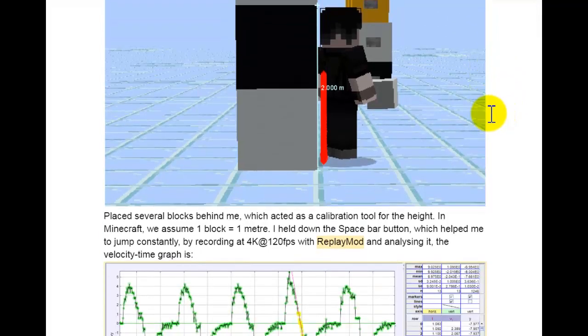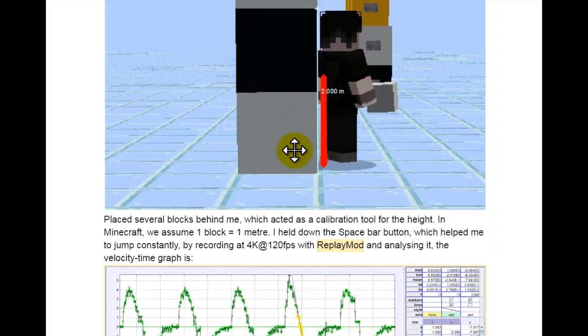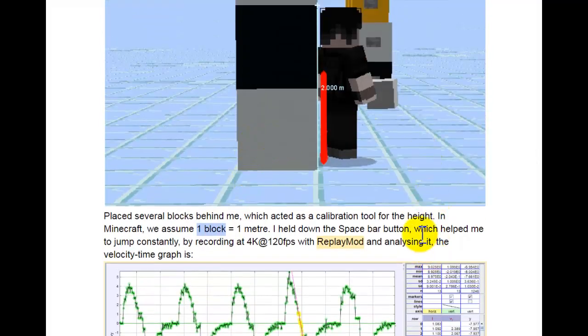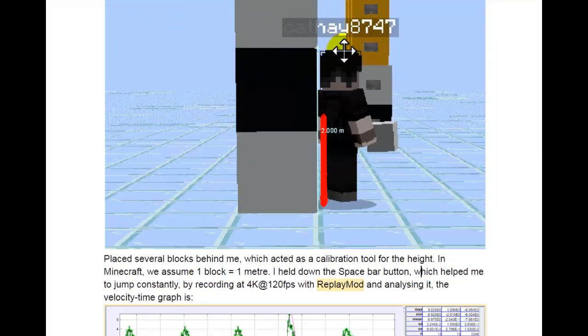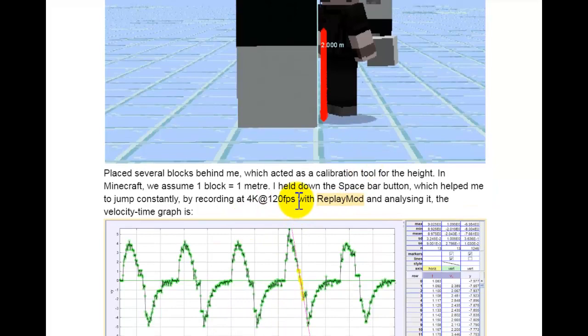Okay, so the way that he did it was, of course, to take a video of the character jumping, and he made an assumption of having one block as 1 meter, which I think makes sense because you can say, well, this is exactly 1 block, I mean 2 blocks in total, for a person. I think that is quite fair already, right, as more of an integer value. He somehow managed to use a certain software to record it at a pretty good frame per second,